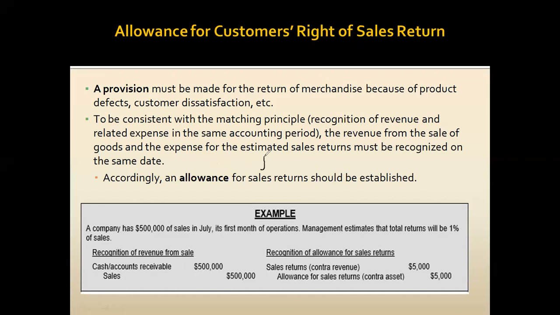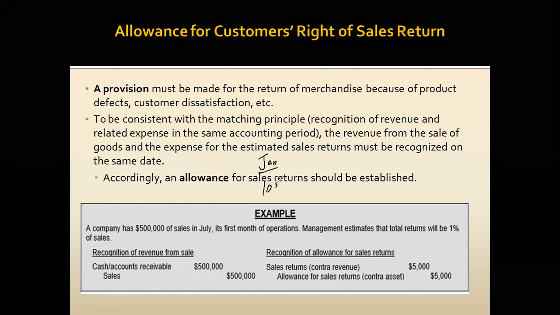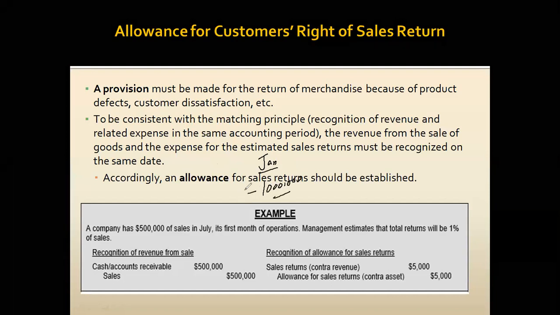Say we are in the month of Jan, we did 1 million sales here, and you expect that 1% of this amount you can have as sales return. So better to record the provision in this month itself. Say you are having some sales returns in the month of April from the sales of Jan. So April month will not be affected because you already have provision. So this provision for sales return is deducted from the revenue when you are preparing the financial statements.